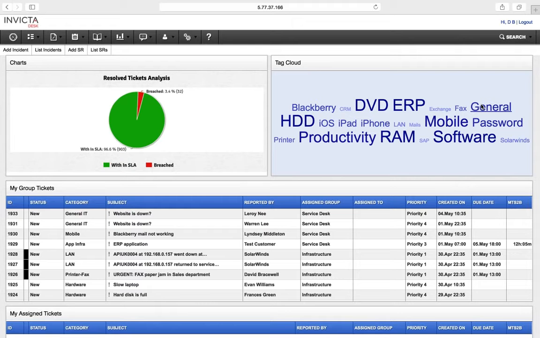We have two processes in effect. One is add an incident and the other one is add a service request. We decided to have these two separate. The reason why: logging a simple incident into the desk allows the end users to log an incident, update an incident, close an incident. We then decided we also require something for the end users to request types of calls, such as requesting software, requesting hardware, and then pushing that request onto other third-party tools,